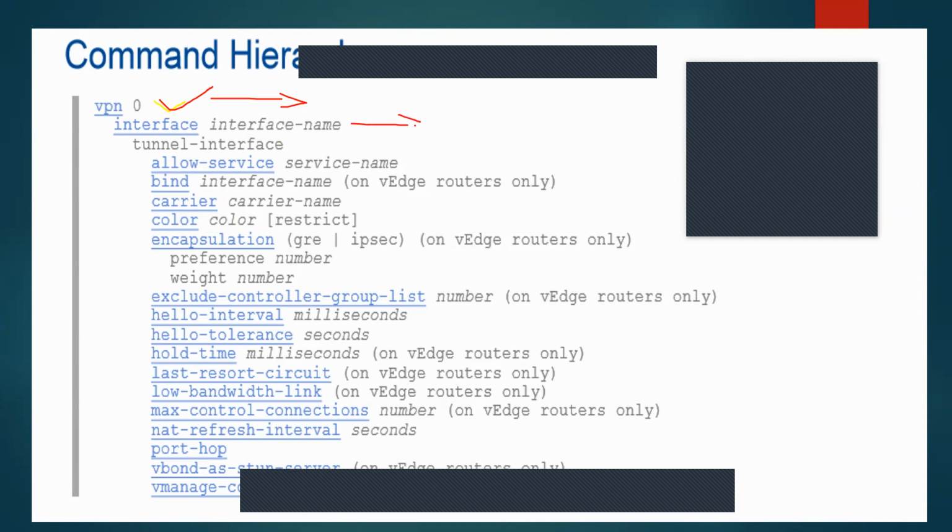Likewise, you can go and create the template for VPN interface as well. We'll see all these things. Once you are inside the interface, you can see that you have these many options. You can give the tunnel interface, allow the services, and you have bind interface configuration. You can tell who the carrier is, the name of the carrier. You can give the color, encapsulation